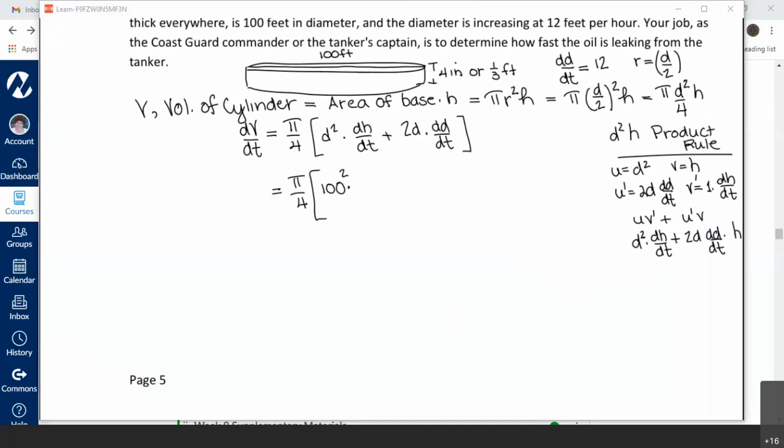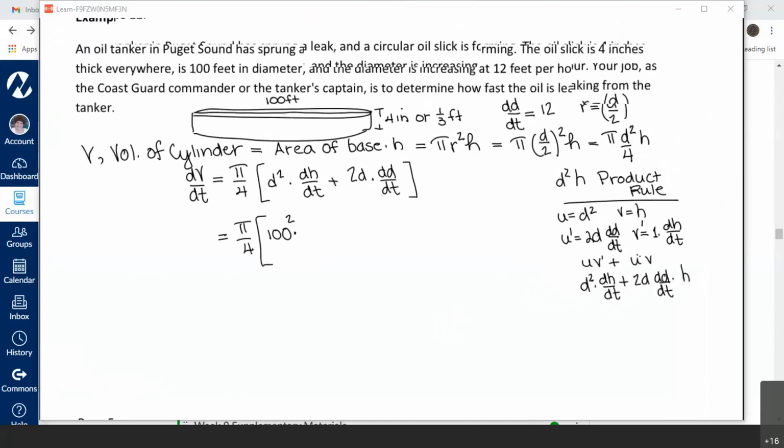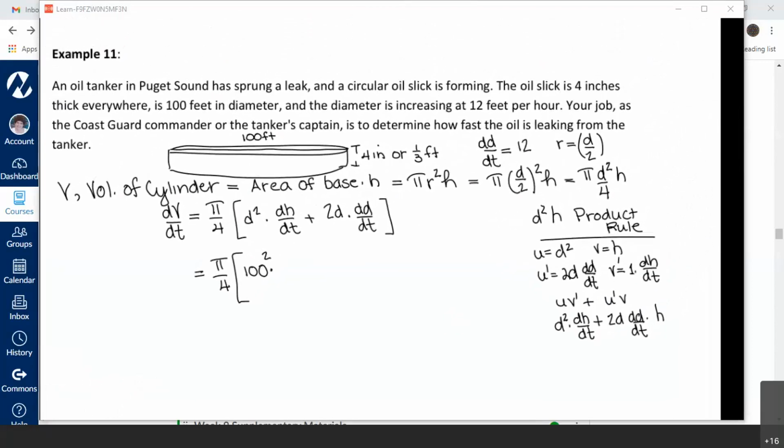The diameter is changing, at what rate? Well, this is not diameter, this is height. And they told you that the height is the same everywhere and the height isn't changing. So your dh dt is 0. And again, if your height is constant, that's what they're telling you in the story, you're not plugging in anything for the dh dt. Then you have 2 times the diameter's value, and then the rate of change of the diameter, which is